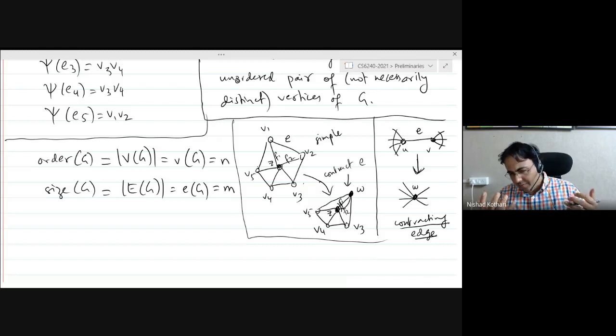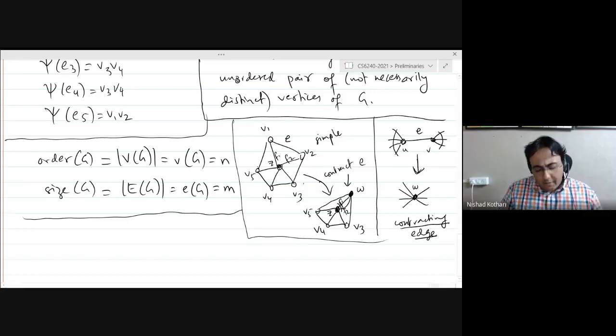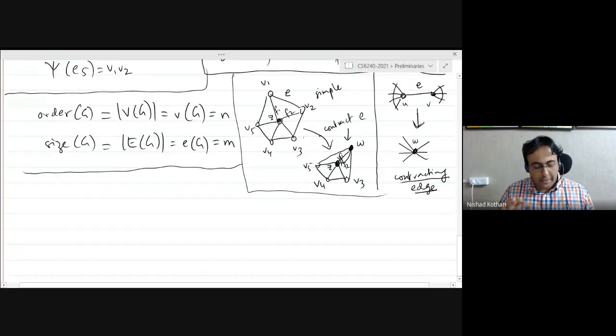So this is just one example where you have a graph operation and the operation creates a multigraph despite the fact that the original graph was a simple graph, right? And this is one way to see why in order to prove statements in graph theory, even if they are for simple graphs, sometimes you need multiple edges. Does that make some sense? Yes, sir. And of course, sometimes you have specific applications in mind where multiple edges actually change things. Okay, sir, we will see some such possibilities later.